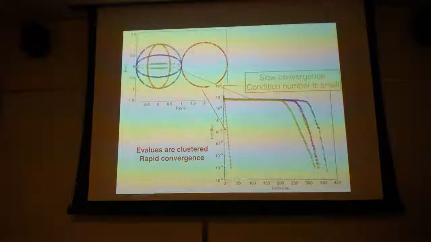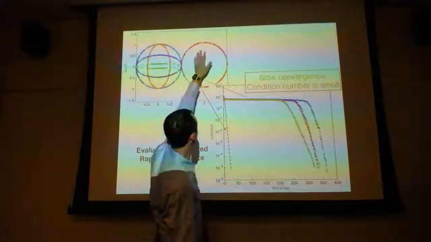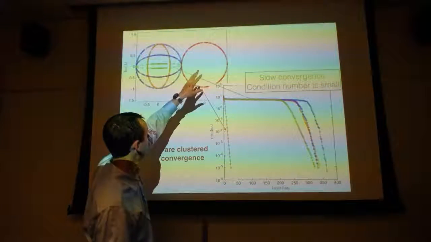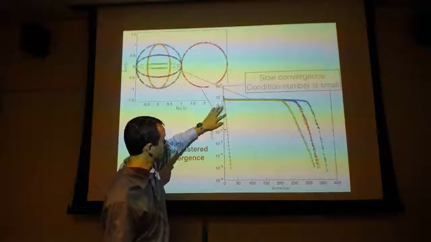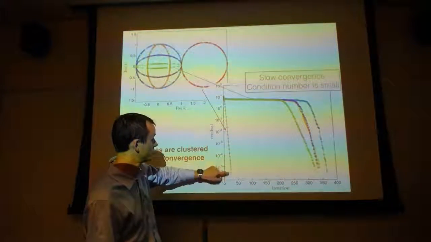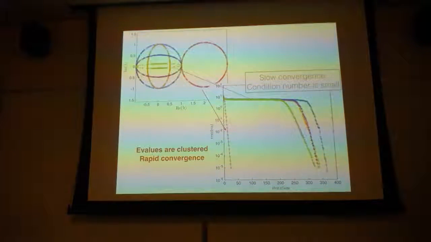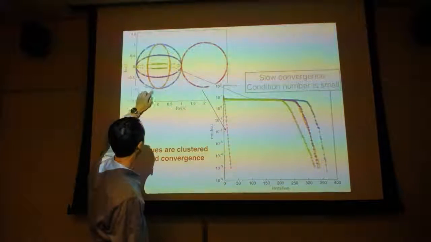So if you put the roots of your polynomial around here, then P of lambda will be small over this region, and so you expect very fast convergence. In fact, you get super fast convergence. In like 25 iterations, you're at 10 to the minus 5. So this is great. But if you look at these results, this is going to be perhaps counterintuitive,